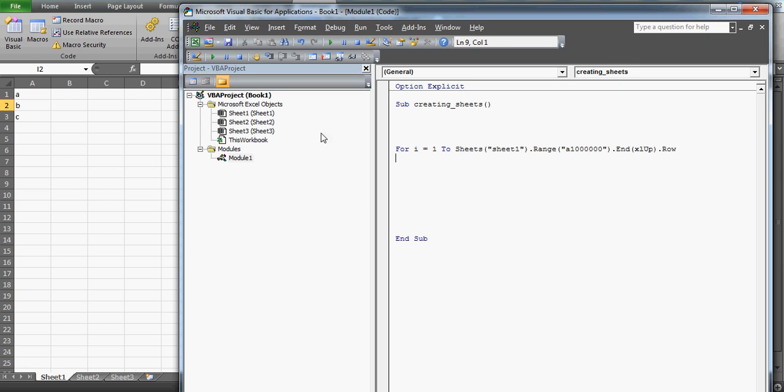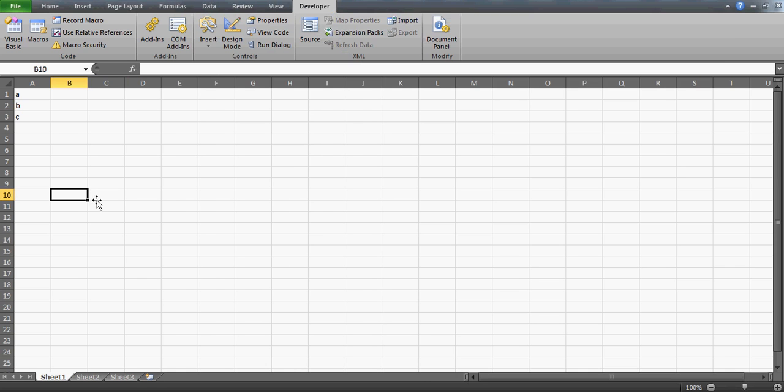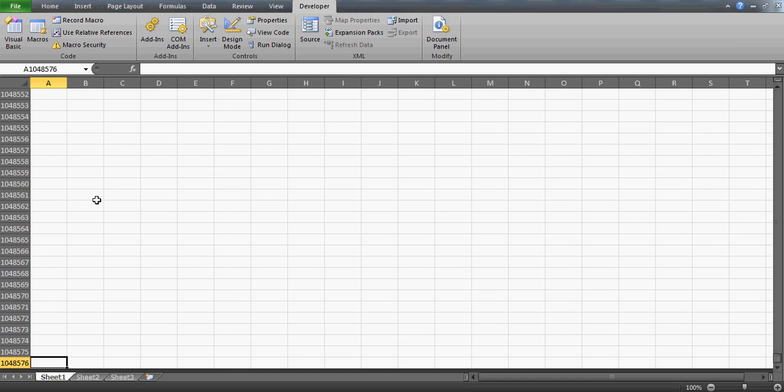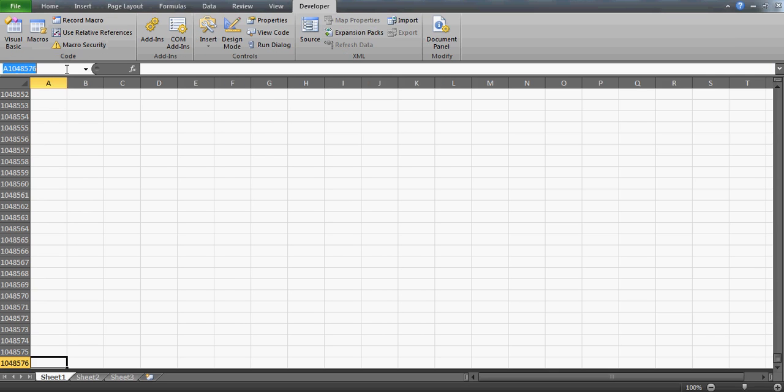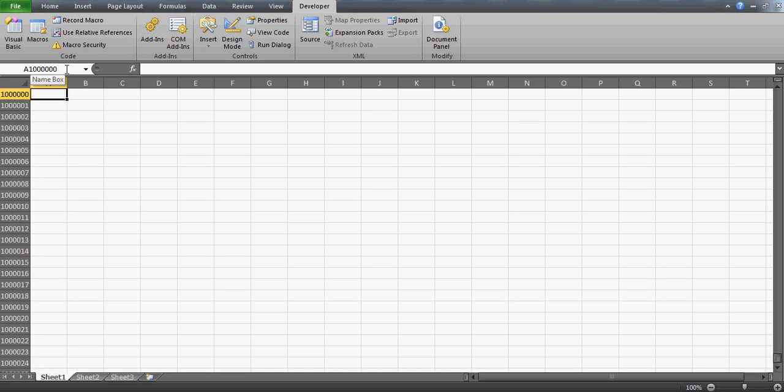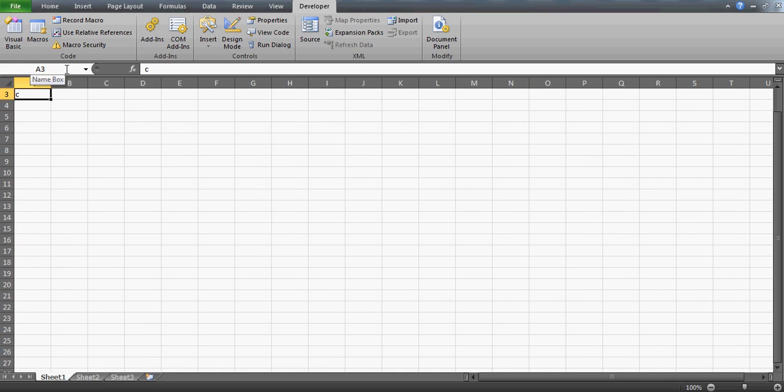Okay, so what this code actually does, this is used for the control arrow. So what will it do? It goes to the 10 lakh 48,576, or maybe we have written here 10 lakh, so you can write whatever you want. The idea is it goes to this 10 lakh cell. Let me just write it here, 10,000. There we go. So from here it will use the control up arrow,